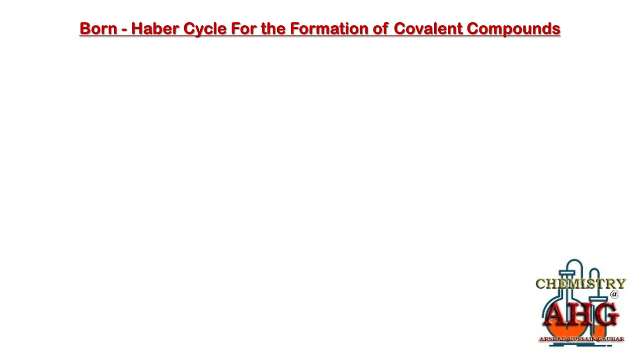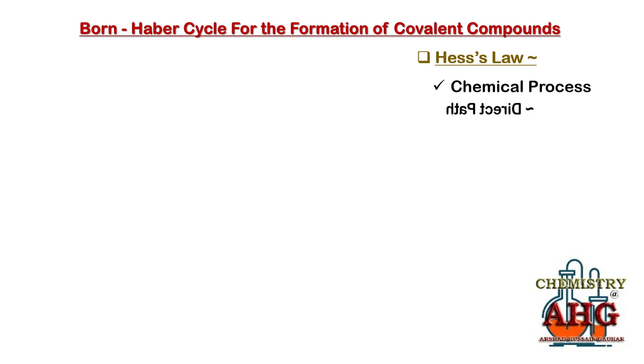Let's start. First of all, briefly, if we look at Hess's law, what is the important information that we can remember about Hess's law? One thing always remember, according to Hess's law, whenever a chemical reaction, a chemical process takes place in chemistry, there are two different paths by which a chemical process can be completed. One path is known as direct path, and the other path that is suggested by Hess's law is indirect path.